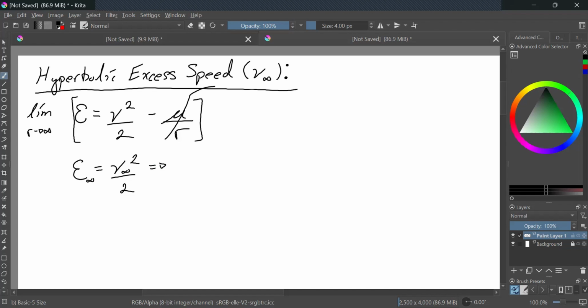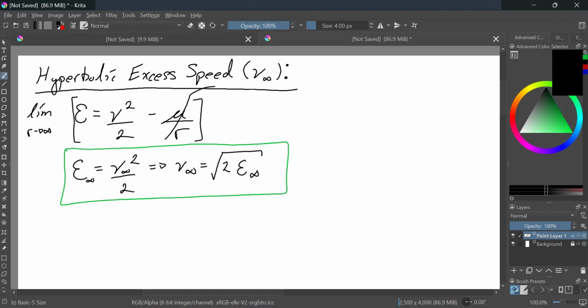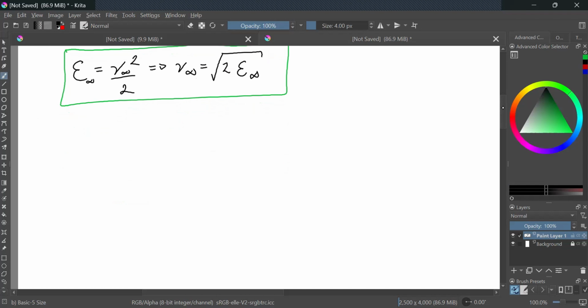However, really quick, speaking of explicitly stating something, I feel better having written that down, and that is the story of our hyperbolic excess speed. Now I'm going to scroll down a little bit. I'm going to leave that boxed equation up, and I would like to